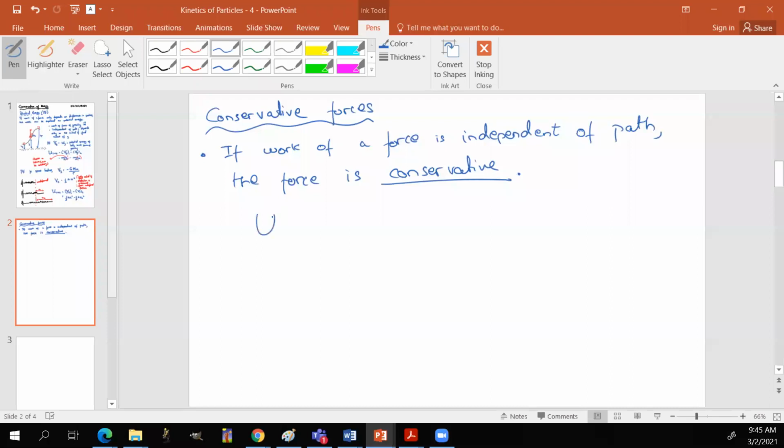So if we look at the work done, again, it's the same thing that we've been doing. You have the potential energy at position 1 minus the potential energy at position 2. If you have a conservative force along a closed path,